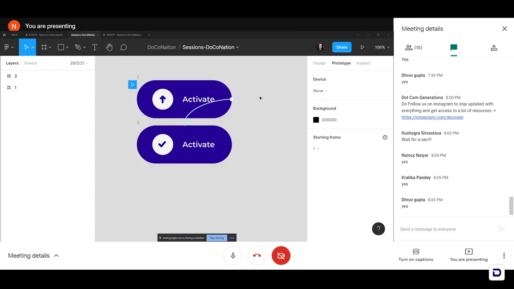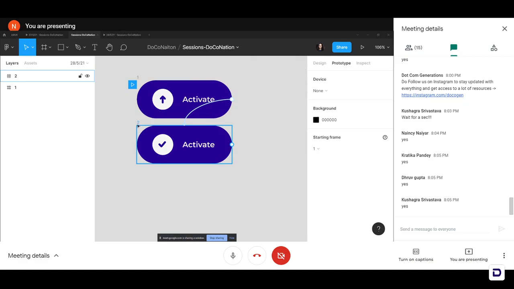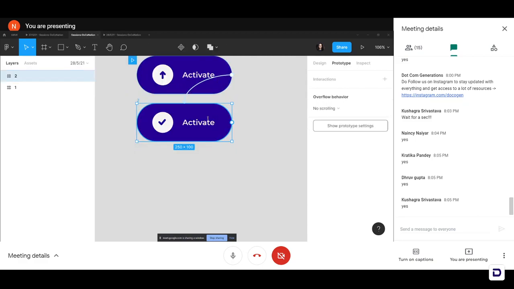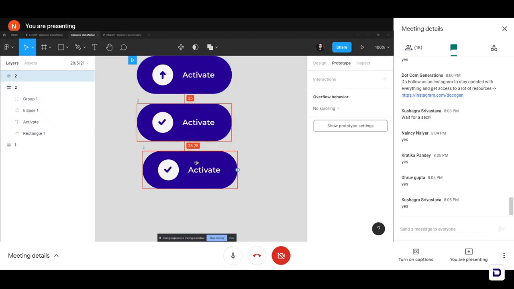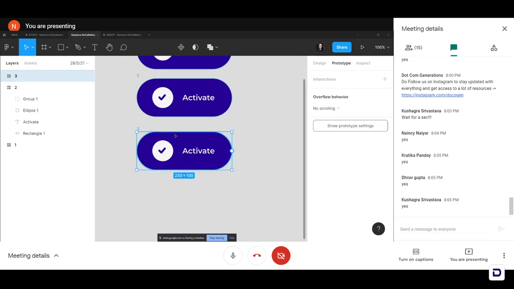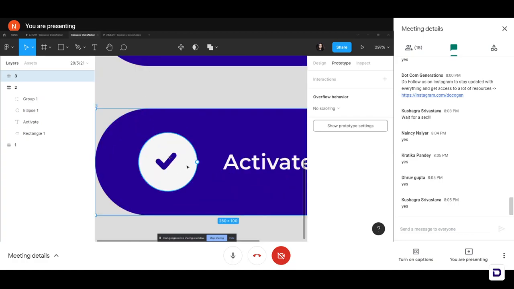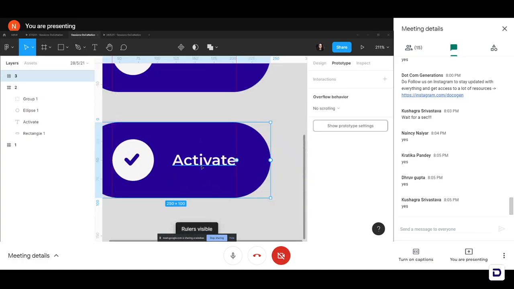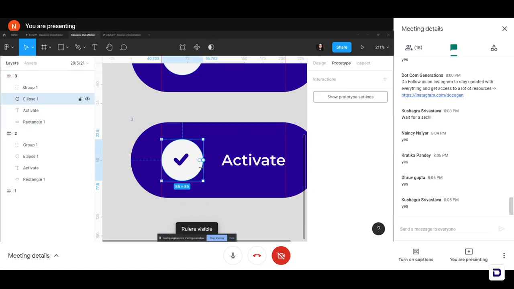Let's do that quickly. Okay, so to do that again, I'll select my second frame and I will copy it. To copy it again, Alt and drag. Okay, Alt and drag, and now I'll change the frame name to 3. You can just head over to your properties panel and double click and you'll be able to rename it. And once you're done with that, let's zoom in a little bit. And what we want is that this little circle fades into the background.